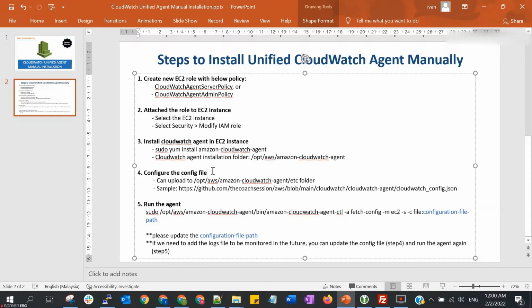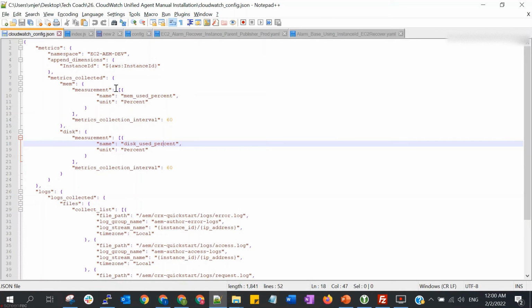And then the fourth step is to configure the config file. I also put my sample config file in GitHub. You can get it from there, and we can upload our config file to the etc folder. Actually you can put it anywhere, but for me I just put it under the etc folder, and this is my sample config file.